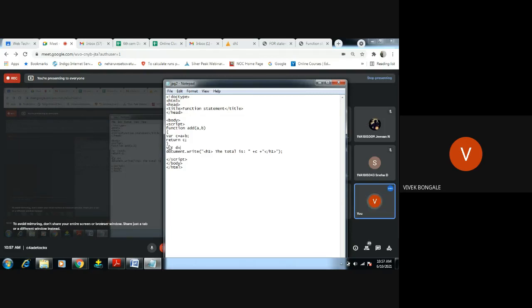Right, d equals add of 4 comma 5. This is the value I have given there, 4 comma 5. Okay, let's check. So here, not plus c plus d. We are going to call the parameter here and pass the parameters 4 comma 5. Then the result is displayed: 4 plus 5 is 9, stored in c, right? Then return c, that will be given to add. So add where d, this statement will execute. I'll save this part.